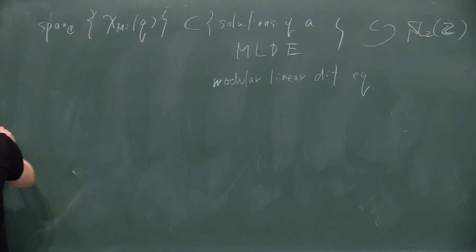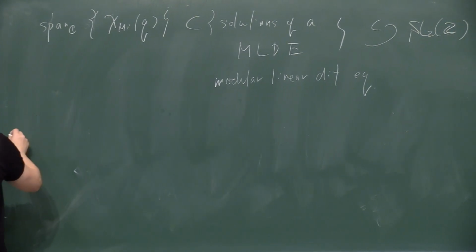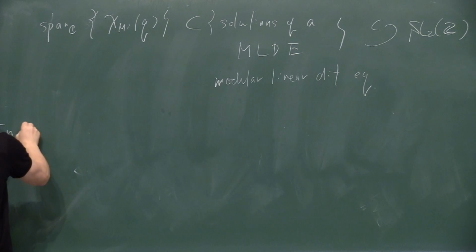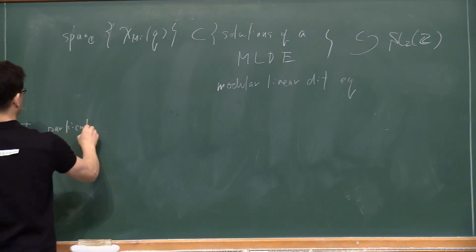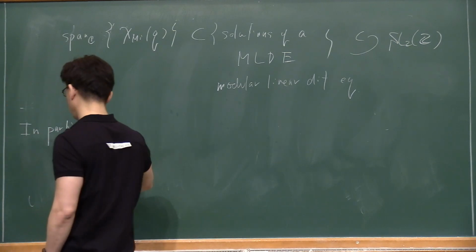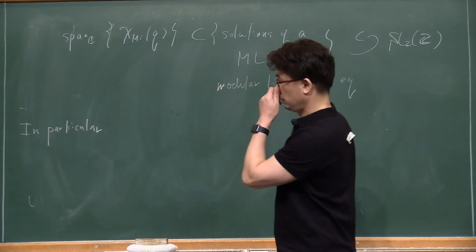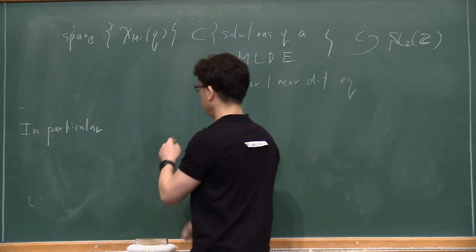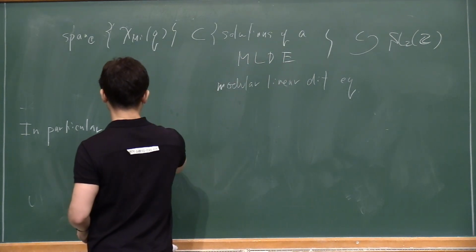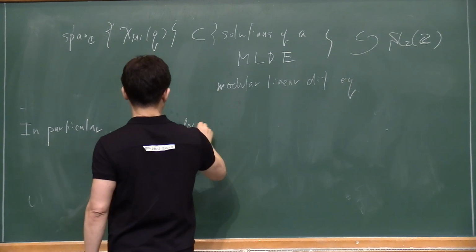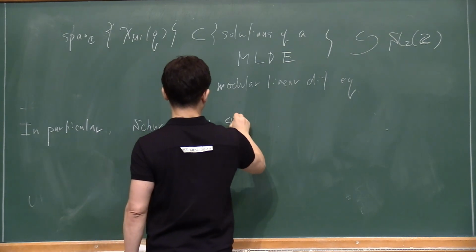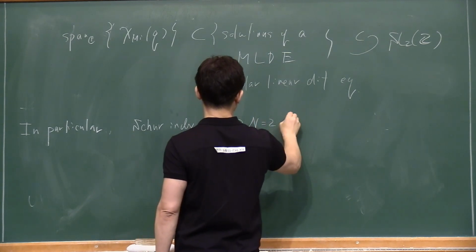So what this is saying is that, in particular, if you believe the Beem–Rastelli conjecture, then the chiral index of a 4D N=2 SCFT